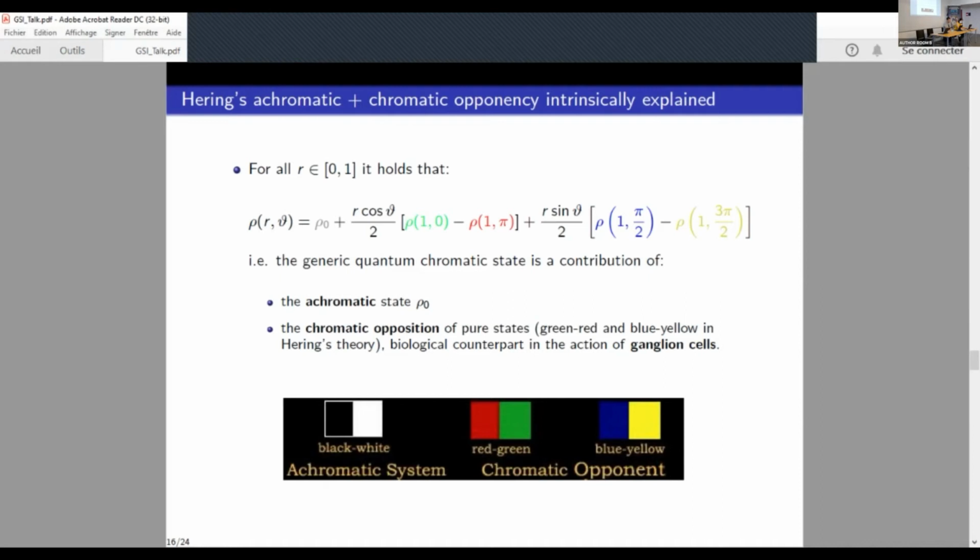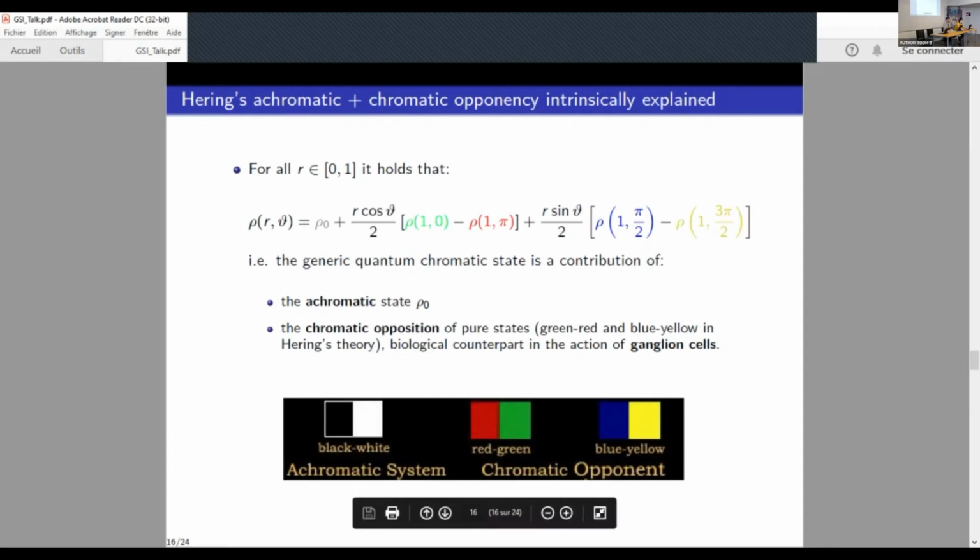They belong to orthogonal axes. And in fact, they can be interpreted as chromatic opponencies. So there is a balance between achromatic state and chromatic opponencies. This is exactly what Hering theory predicted, and it has a biological counterpart in the action of ganglion cells that is